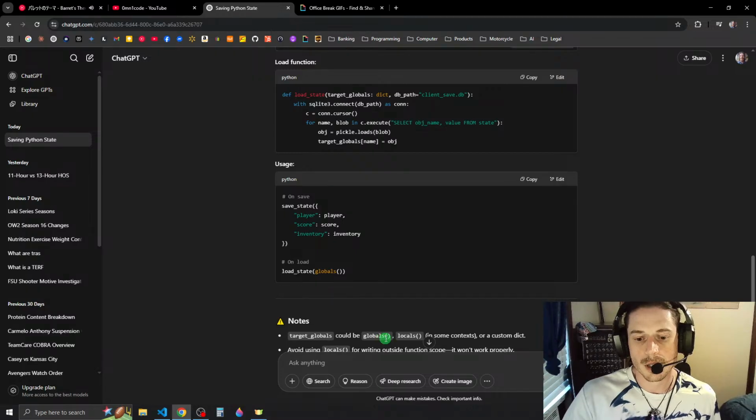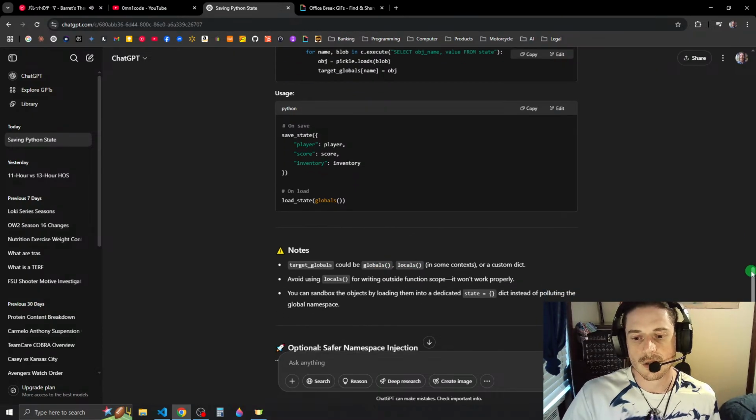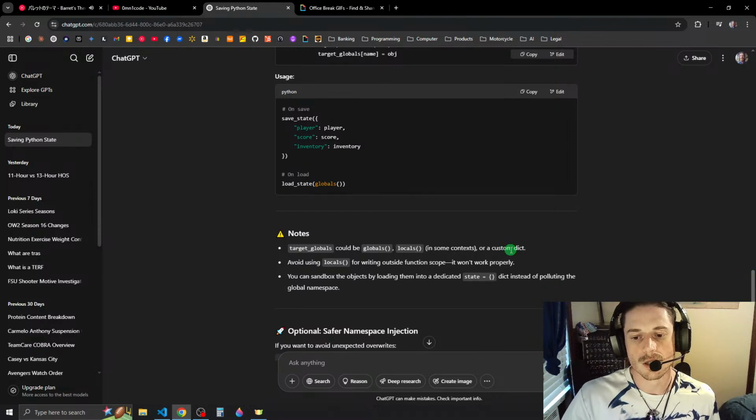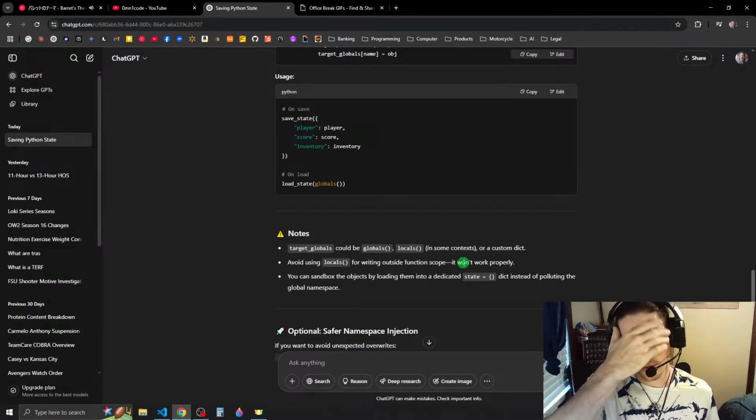Target globals could be globals, locals in some contexts, or a custom dictionary. Avoid using locals for writing outside function scope. Why am I having trouble understanding this?